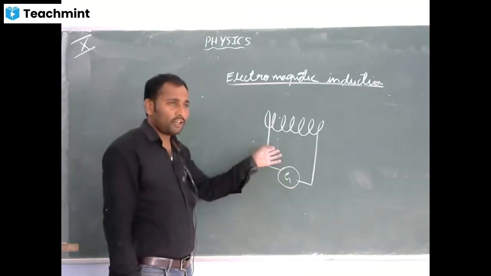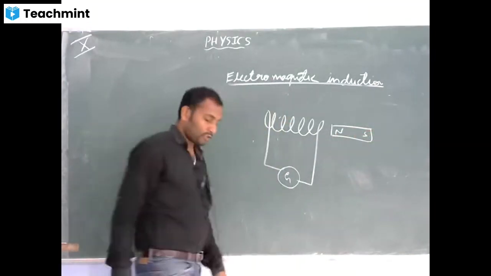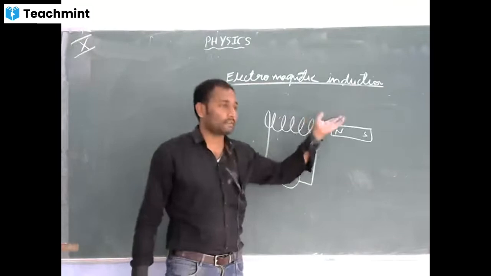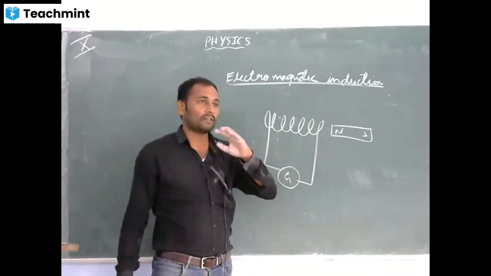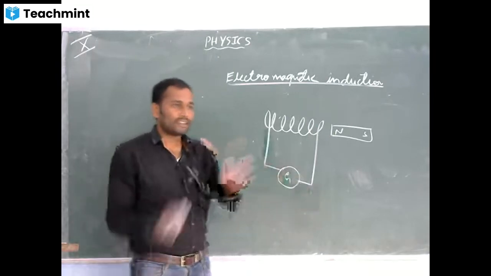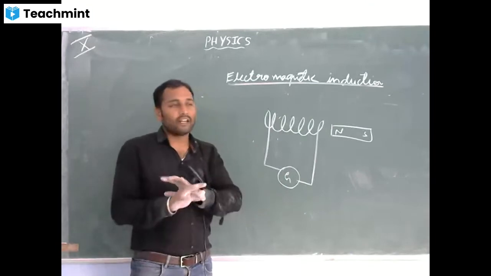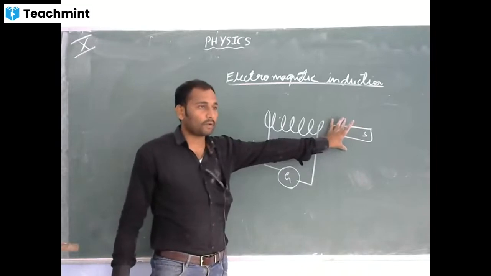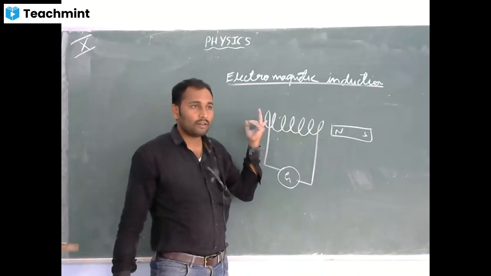So now what he will do is, he will take a bar magnet. Of course, you know, bar magnet will have magnetic field as well as magnetic field lines. Magnetic field lines, I will say it as magnetic flux. Magnetic field lines and magnetic flux are magnetic field lines only. Okay, there is a slight difference between magnetic field lines as well as magnetic flux. We will not worry about that. We will just take it as magnetic flux. Okay, so when I move this magnet inside this coil, what happens?